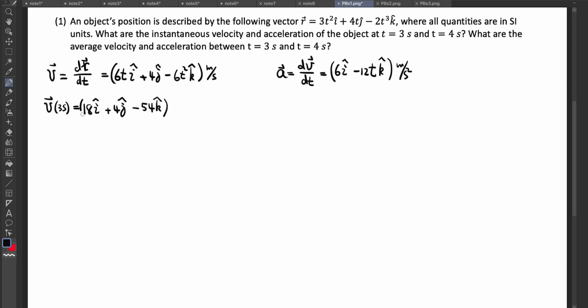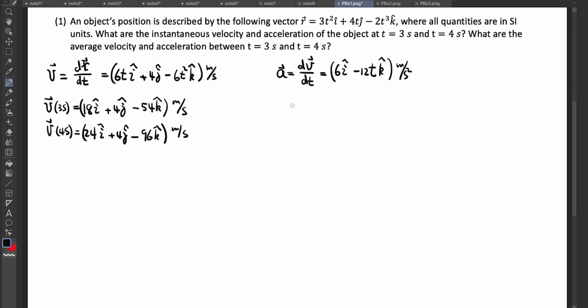And then the unit again is meters per second. Now the velocity at 4 seconds, we can do that calculation similarly, and the first term will be 24 i hat, 4 j hat, minus 96 k hat